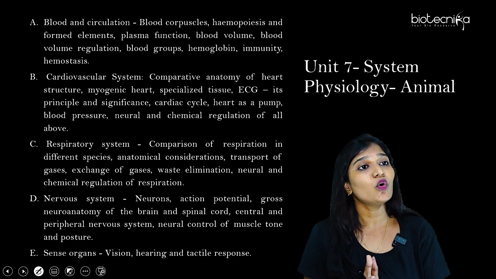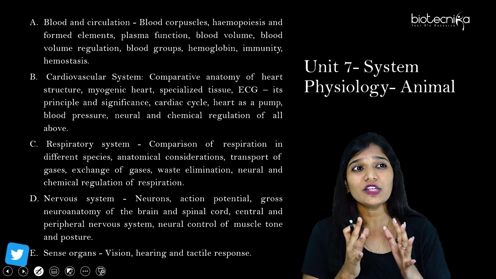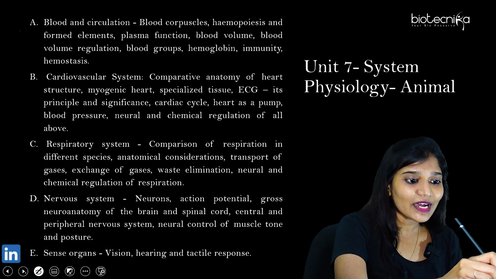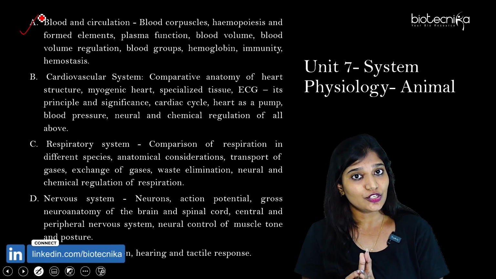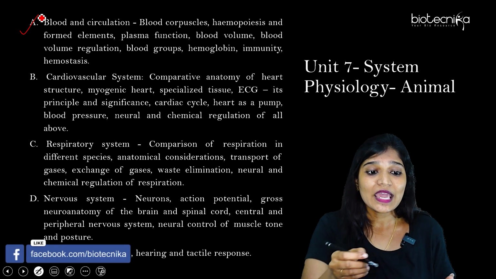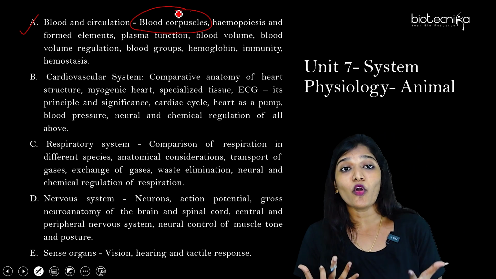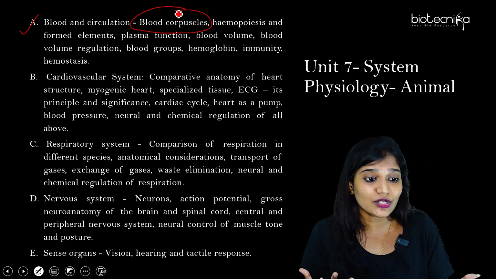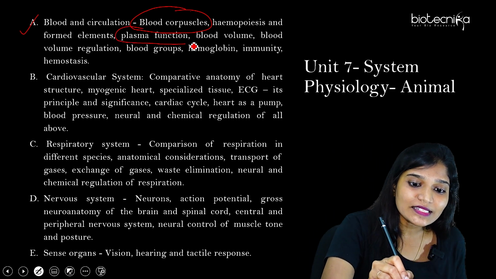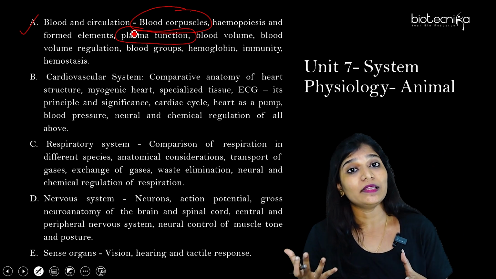We already know about the Unit 7 System Physiology in Animals syllabus, so I'm going to take you to the syllabus and let's talk in detail about it. There's going to be blood and circulation. We have to understand what blood is, what the composition of the blood is, what blood corpuscles are present, what hematopoiesis is, how blood is formed, and what the formed elements are. We also have to understand the function of the plasma and the difference between plasma and